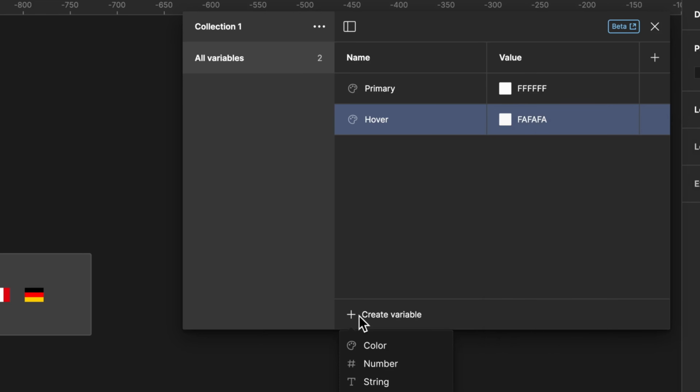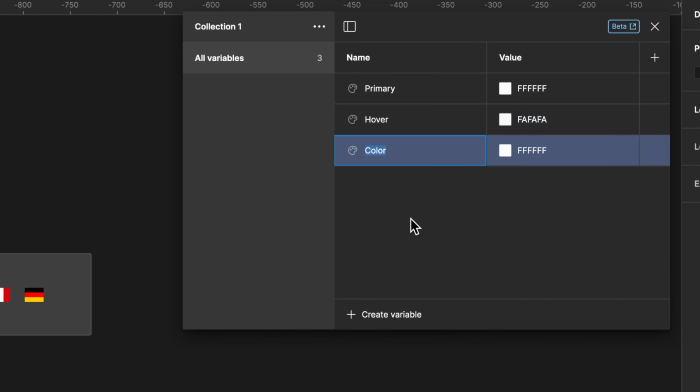And we need one more color variable, which is going to be our neutral color. We are going to use this color for our arrow icon and also for our text. So I'm going to name it neutral, and I'm going to paste the hex color code that I already prepared. There it is. So now that our color variables are ready, it's time to move on and create our string